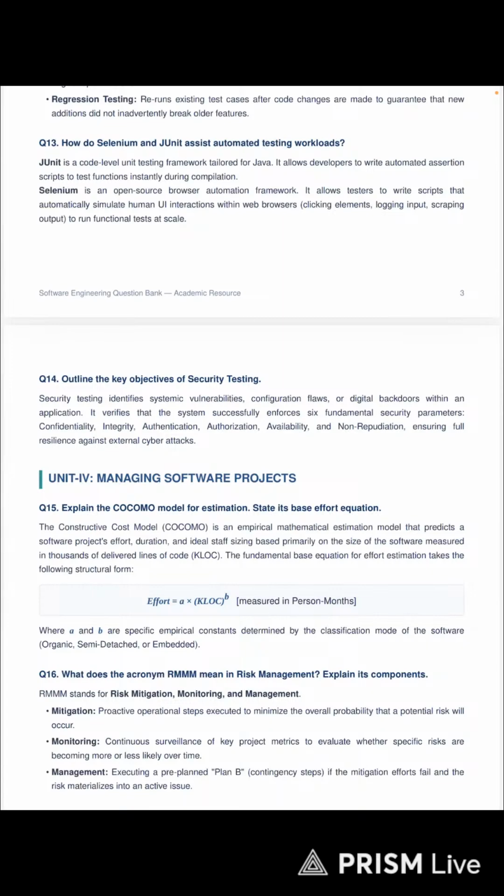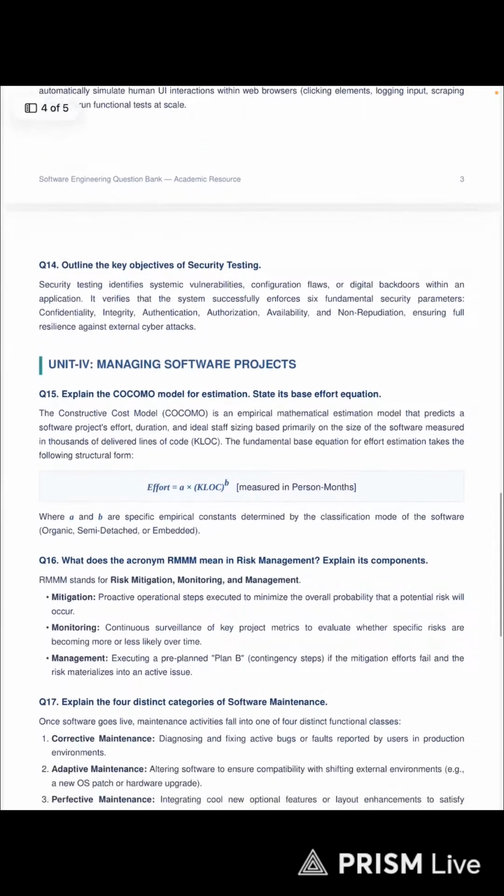Unit 4. Managing software projects. Question 15. Explain the COCOMO model for estimation. State its base effort equation. The Constructive Cost Model, COCOMO, is an empirical mathematical estimation model that predicts a software